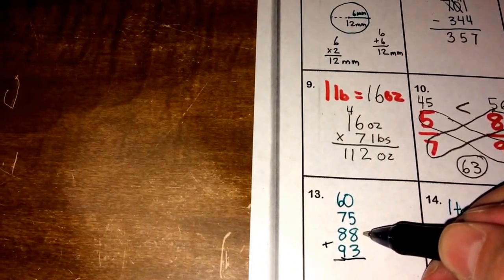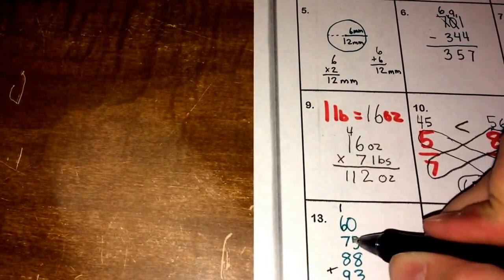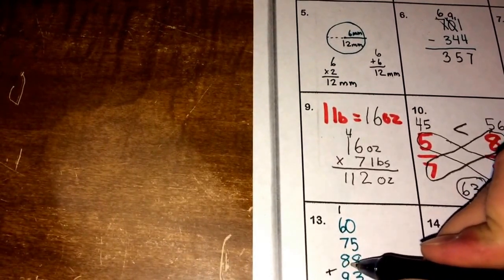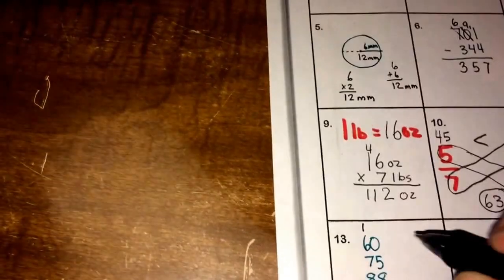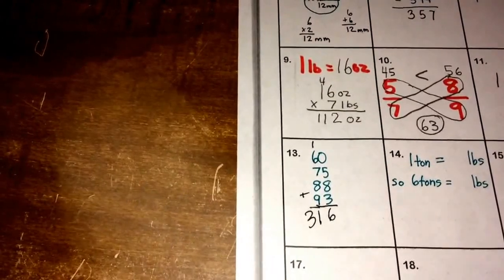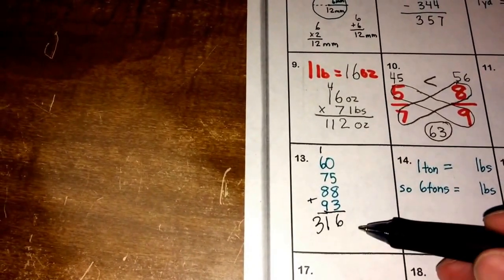So let's see here. 5 plus 8, that would give me 13. 14, 15, 16. 6, 7, plus 7 more is 14. 15, 16, 17, 18, 19, 20, 21, 22, 23, 24, 25, 26, 27, 28, 29, 30, 31. So that gets me 316. So then I must take the answer to that addition problem, so 316, and then I